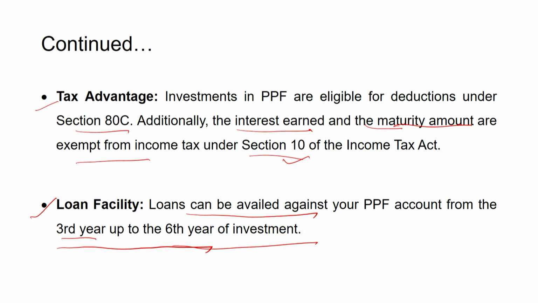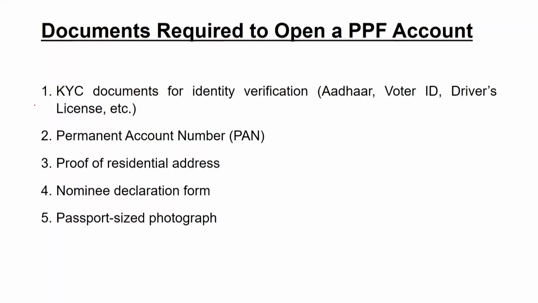Now let us understand what are the various types of documents that are required by the investor to open a PPF account in a bank. So you need to first fulfill your KYC documentation with the bank for the purpose of your identity verification. So you need to provide an Aadhaar card, voter ID card, or driving license for completing your KYC documentation. You also need to have a permanent account number, that is PAN number, with the help of which you are